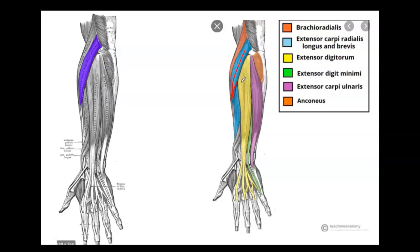And then we're going to look at extensor Carpi Radialis Brevis. And it is the continuation of this one. And if you were to push this aside a little, you'd see it underneath too. So here, this is the extensor Carpi Radialis Brevis. Okay, now let's keep moving along, right? We got the Brachioradialis, extensor Carpi Radialis Longus, extensor Carpi Radialis Brevis, and in very much in the center, we